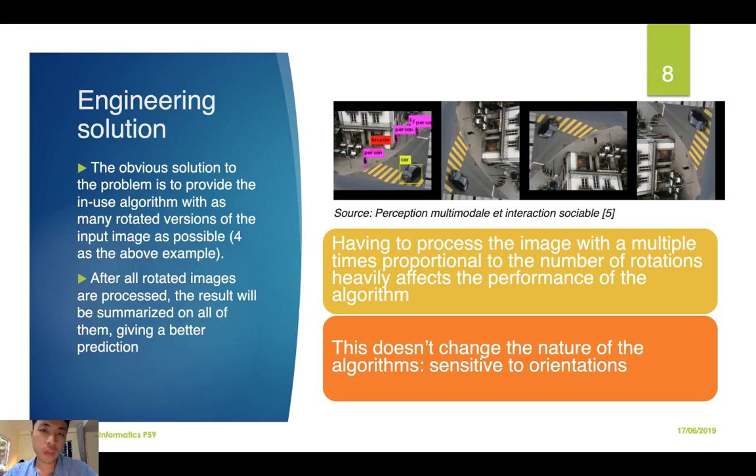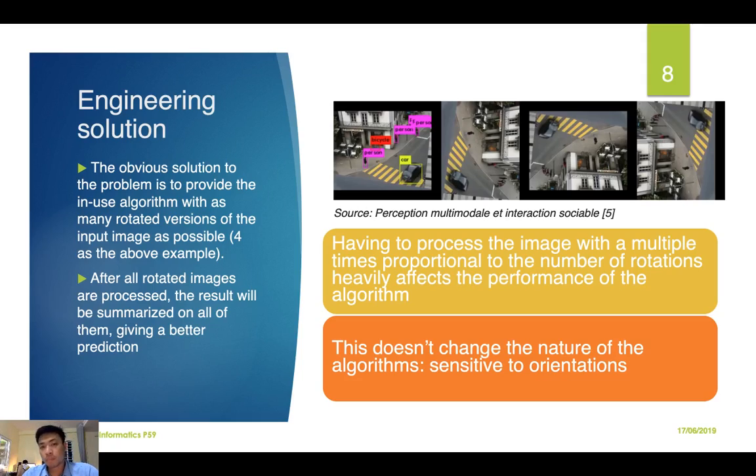One of the spontaneous solutions to this problem is to rotate the input image by enough rotations, fit all of them through the network, and summarize the results of the network through all the rotated versions. The downside of that is that the system will be super slow, because instead of processing only one image, the system has to run X times, where X is proportional to the number of times we rotate the image. Here, we rotate it 4 times, we process the model 4 times. That's super slow in the case of OpenPose or Mask RCNN.